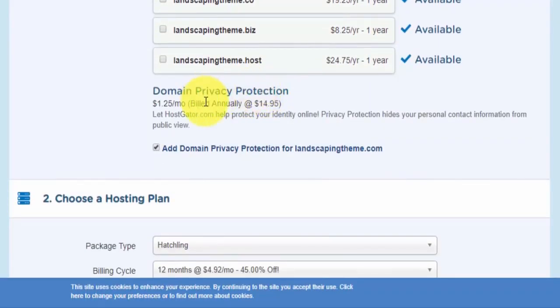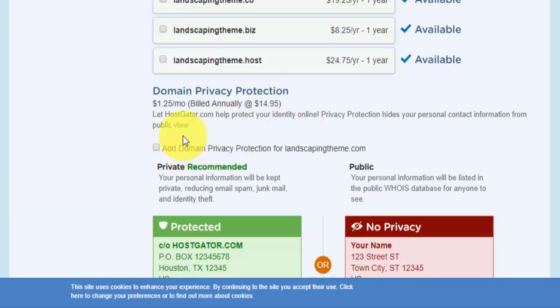Let me scroll down, and we can also add in domain privacy protection. So by default, some of your contact details like your email address might be publicly available, and with this option you can hide that for somewhere around $15 a year. This is normally not that big of a deal if you want to save the money, but if you're doing it for a business reason and you want to hide that, obviously it's not that big of a cost. So I'm going to uncheck this box